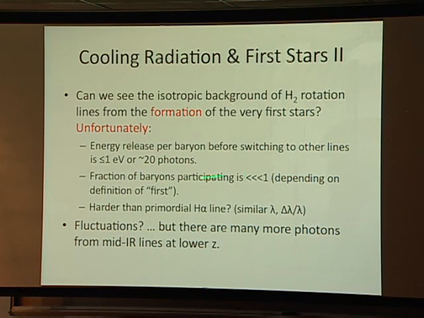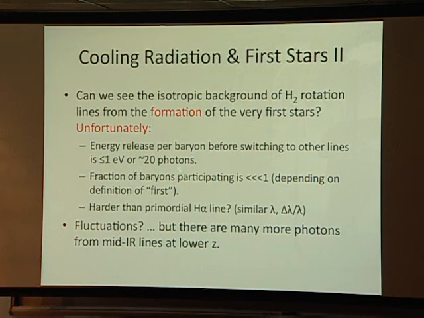And the fraction of the baryons participating in the formation of the first stars is tiny. I'm not sure what fraction or how many stars formed in this undisturbed primordial star formation mode. But whatever it was, it was a minuscule fraction of the baryons. That much is clear, at the very least, from the integrated star formation histories at high redshift, and also the fact that there are metals and so on. So you know that the fraction of baryons that were in this undisturbed star formation mode must have been small.